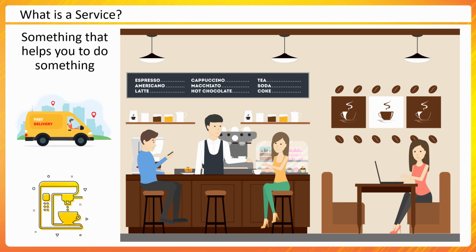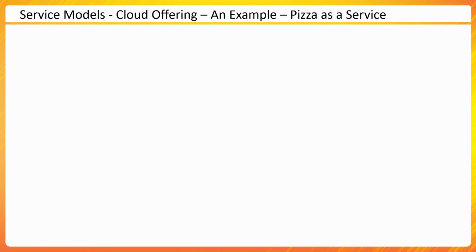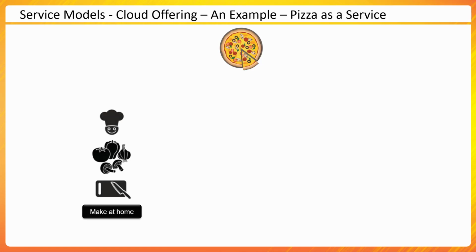Now in cloud, the cloud services are differentiated into different aspects. I'll talk about these services in a minute, but let me give you an example here so that you could relate these concepts to cloud services in the next slide. So I'm talking here about service of pizza, pizza as a service. So let's say you're craving pizza. I want to have pizza for my dinner. What are my options? One option is I could make it at home if I'm a good cook. I'm not. I'm a terrible cook, so I won't try that.